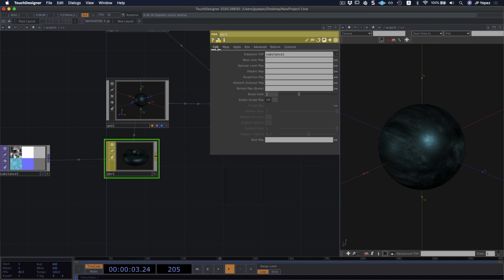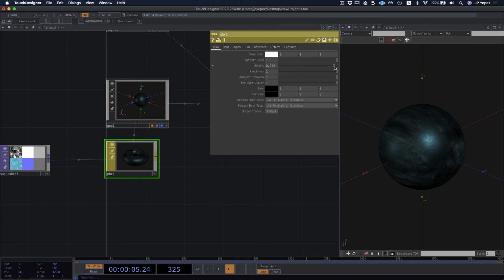And PBR is great because after that you can start to tweak additional parts of the material. I can give it more of a matte look or something really shiny. I can play around with the roughness. What if I want it to be a really reflective material or not so much? Find something in between. The ambient occlusion is tied to your environment, which we might talk about later on.